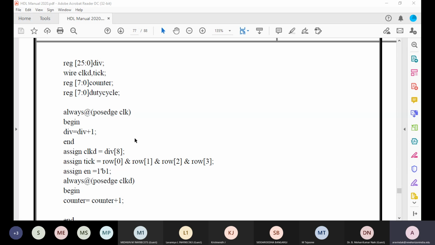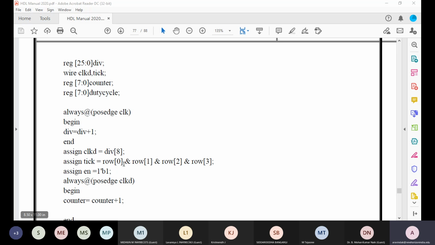So you can calculate and tell me, anytime you can unmute and tell me what is the frequency of this clock D. But I have told you the intention. Our intention is we have to have a signal which is in sync with the clock also, but this signal should be of much lesser frequency when compared to clock, because motors cannot respond to high frequency signals. That is the idea. So assign clock D is the 9th position of div.